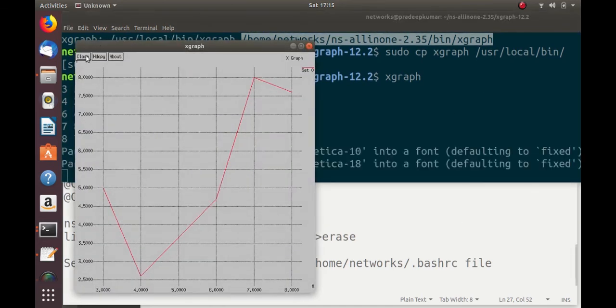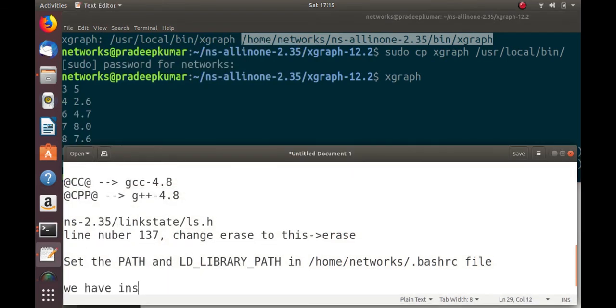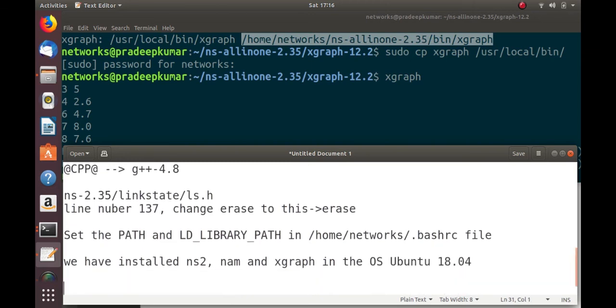You are getting the graph. So hope we have installed NS2, NAM and xgraph in the OS Ubuntu 18.04.